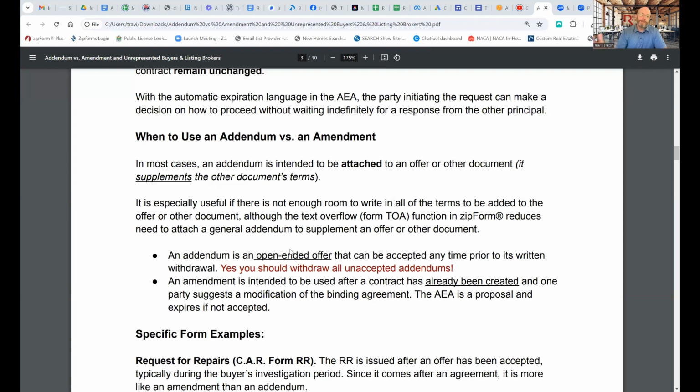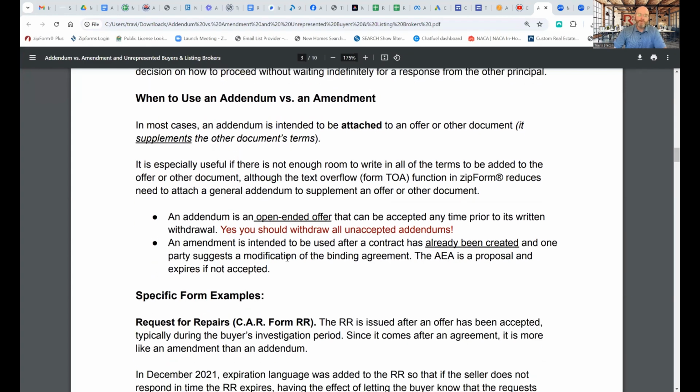So something you should note is an addendum is an open-ended offer that can be accepted anytime prior to its written withdrawal. So yes, if you're sending an addendum over to modify a contract, whatever it may be, instead of the amendment, which would be the proper form if you're modifying the contract, you send over the addendum,